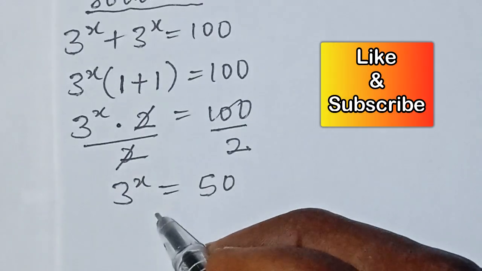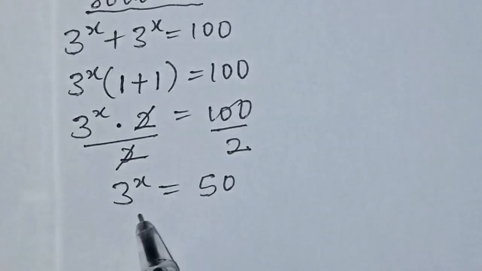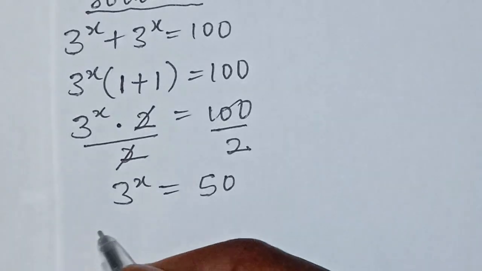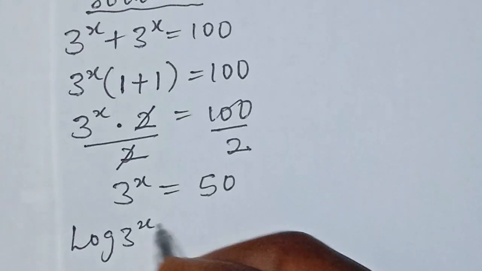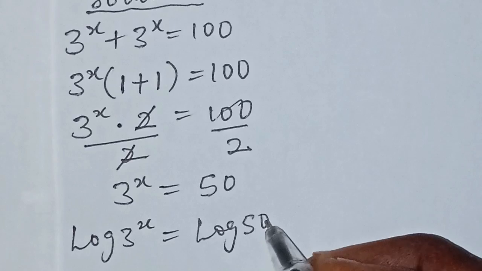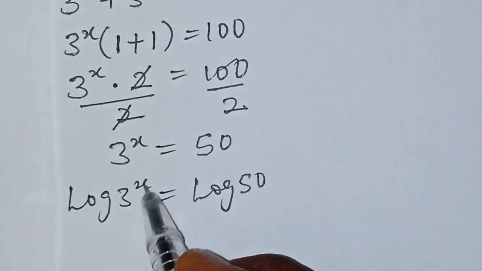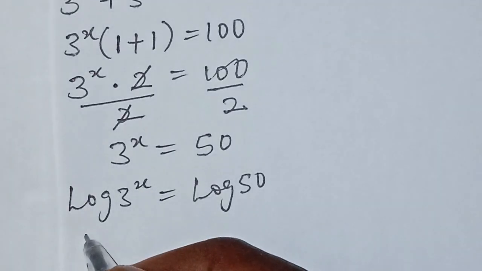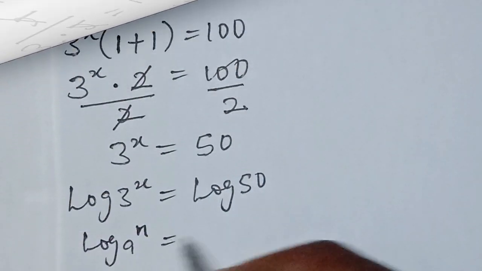So having gotten to this step, the next approach we can apply to this question is the log identity. So here we apply the log. We have log of 3 raised to power x equal to log of 50. So for the left hand side, we move this x to the front using the identity, which implies if you have log of a to the power n, it can be written as